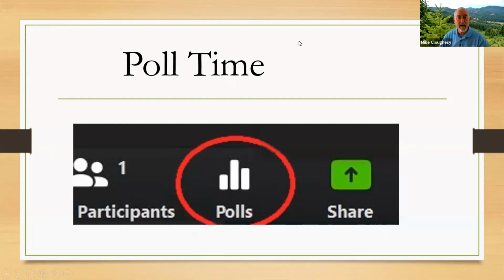We mostly want to learn about you. So where are you from, meaning right now, not where you were born. A little bit about yourself as a woodland owner or a forestry professional, and then how many acres of forest land do you own or manage? And this scrolls, so when it opened, you probably just saw the first question, but if you scroll down, you can get them all. And there are 56 people in the audience, and so far 18 of you have voted,